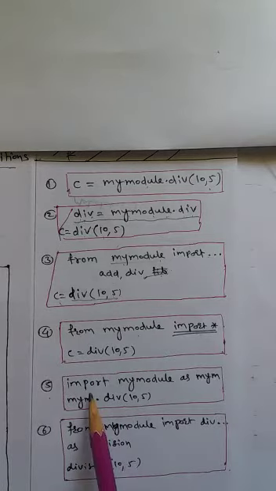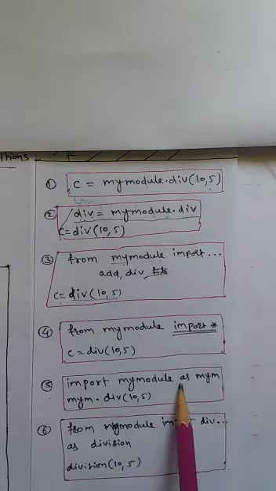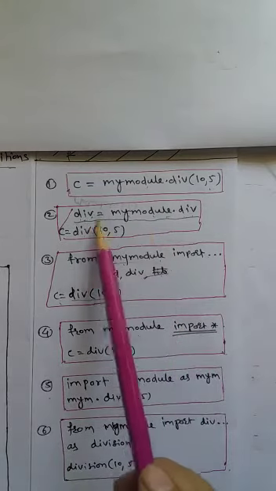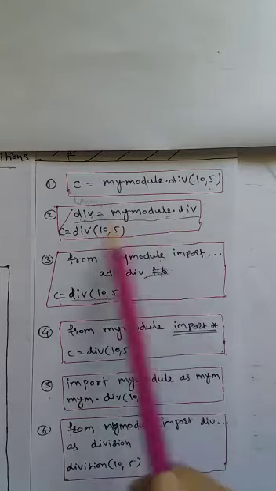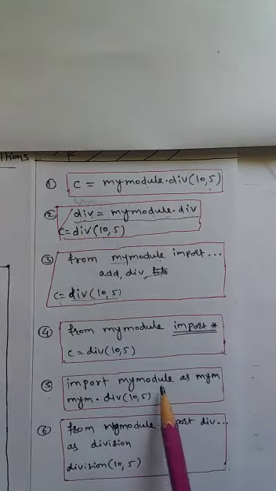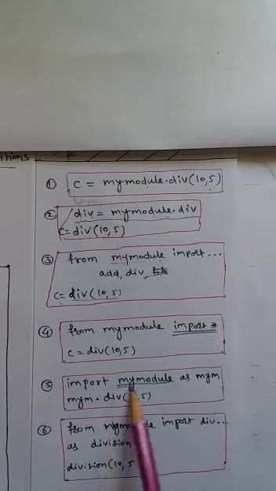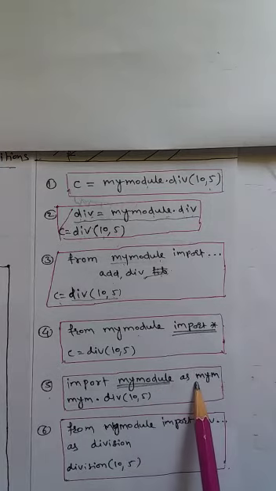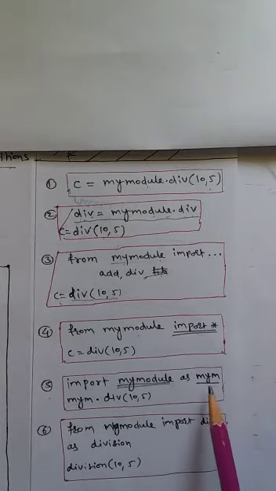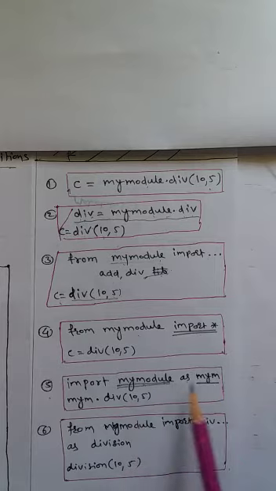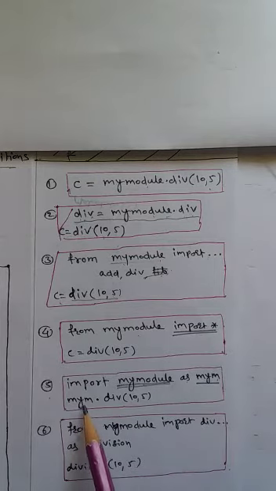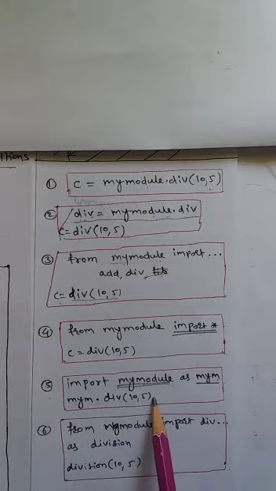So in this case also there is no need to write the name of the module. Now see one more example. Commonly we use import my module as mym. In the previous case we used an alias name for mymodule.div as div. Now, import my module as mym means instead of referring to it as my module every time, since the name is large, we use a shorthand notation, simply mym. So mym in place of my module, and I can write mym.div(10, 5).